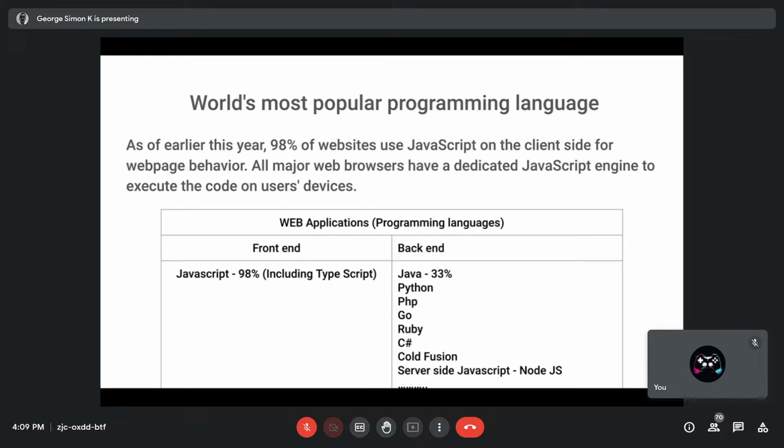Java is there, PHP, Python, C#, Go language, and the list goes on. One of the leading is Java, and only 33% of the companies are using Java in the backend. But you see 98% of the websites are using JavaScript. That itself shows how powerful it is.